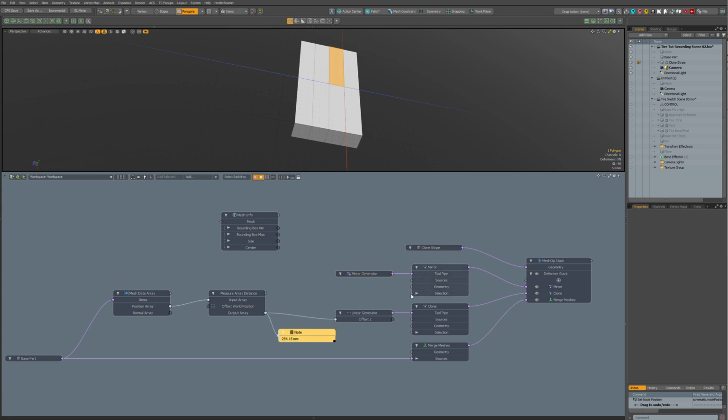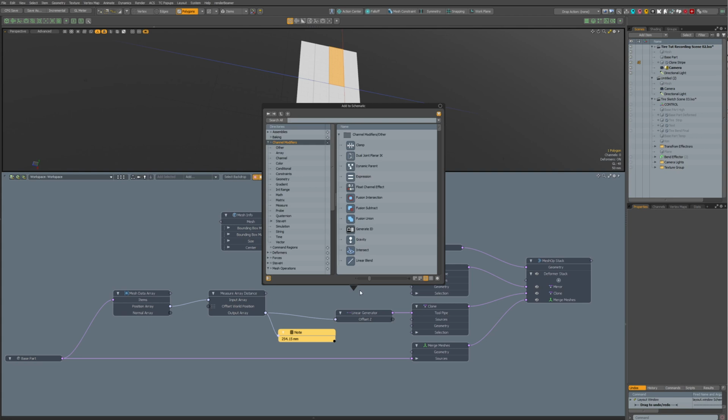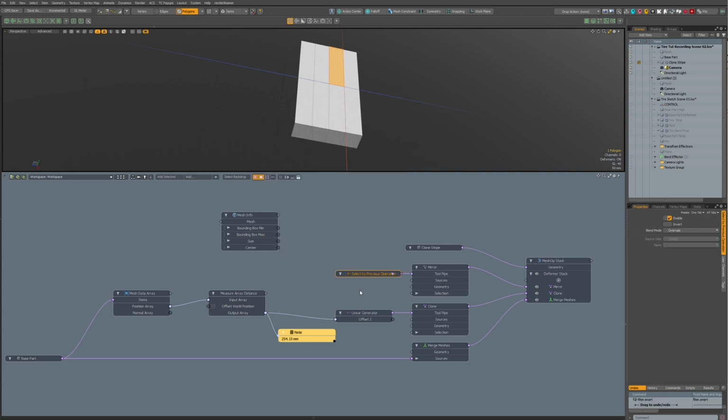We have to make selection here. Select by previous operation. Okay, and our previous operation is, sometimes it doesn't load, is clone and cloned polygons.